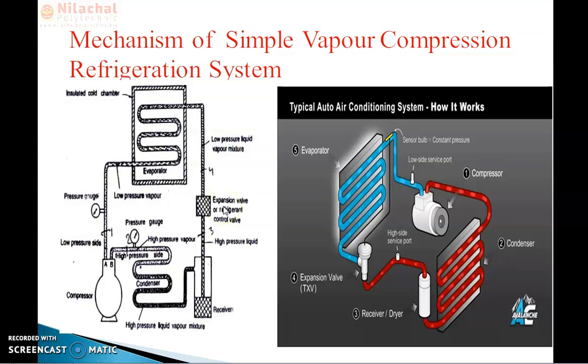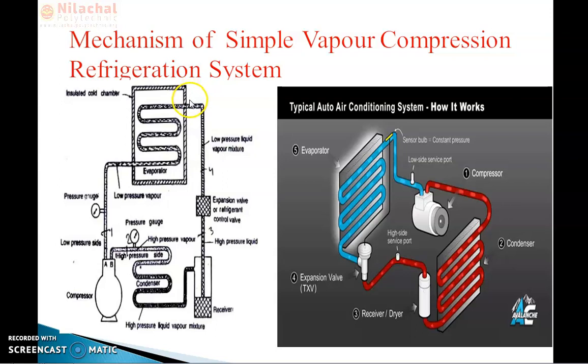The function of the expansion valve is to allow liquid refrigerant under high pressure and temperature to pass at a controlled rate after reducing its pressure and temperature. Some of the liquid refrigerant evaporates as it passes through the expansion valve, but the greater portion is vaporized in the evaporator at low pressure and low temperature.